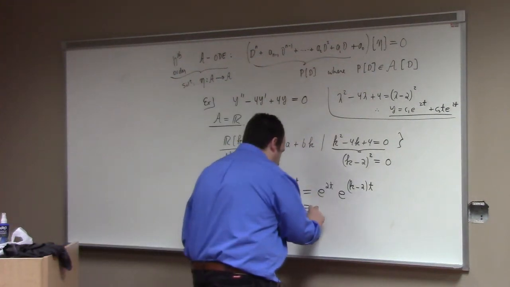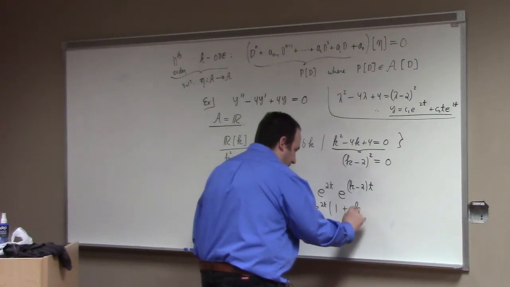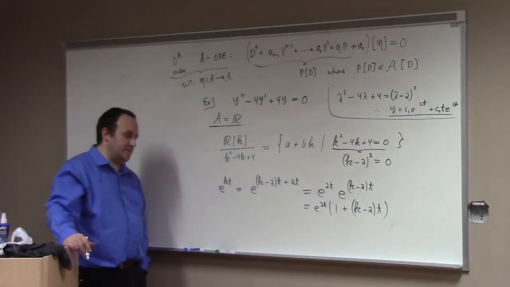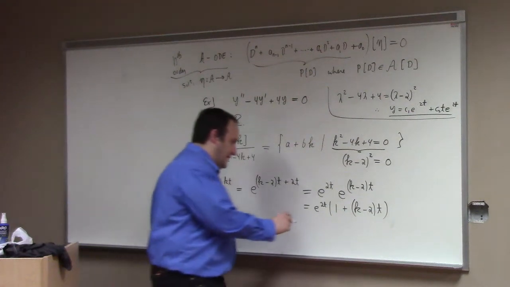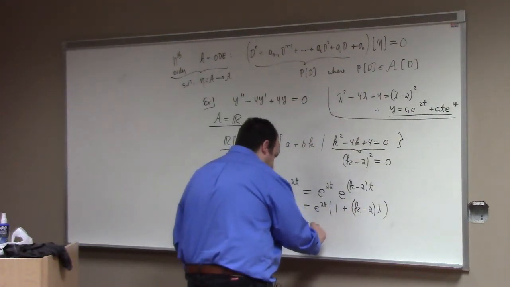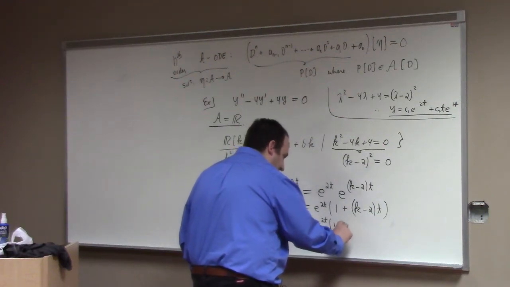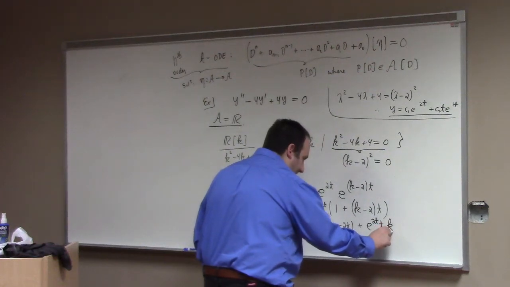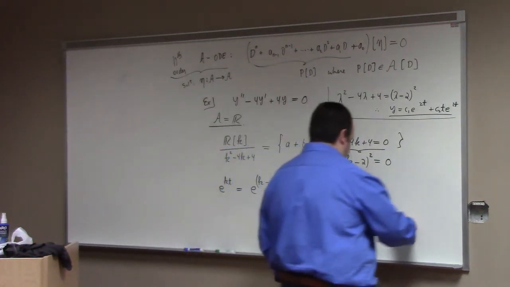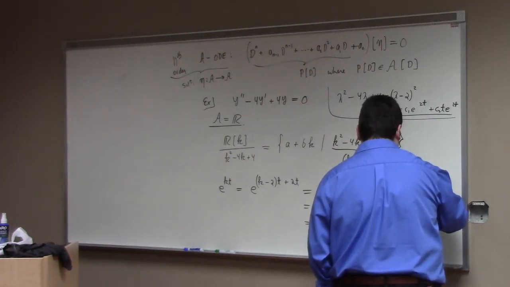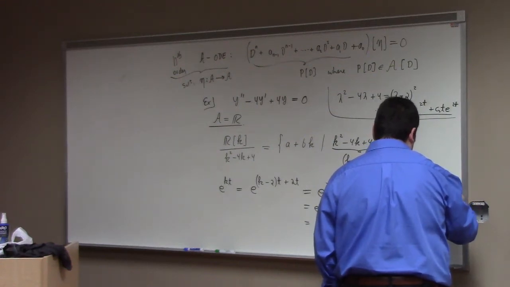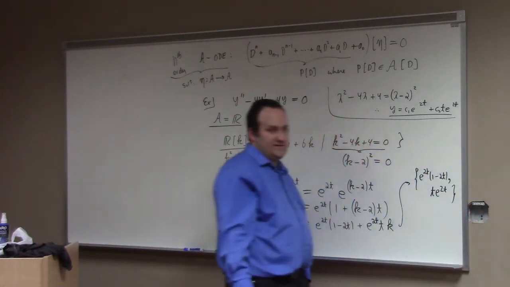So this is just e to the 2t times 1 plus k minus 2 t, using the power series for the exponential. And then I can collect stuff together, right? What do I got? I've got e to the 2t times 1 minus 2t plus t e to the 2t times k. So that tells me that my solution set is e to the 2t times 1 minus 2t, comma, t e to the 2t, which of course is not quite the standard presentation of the solution set, but nevertheless